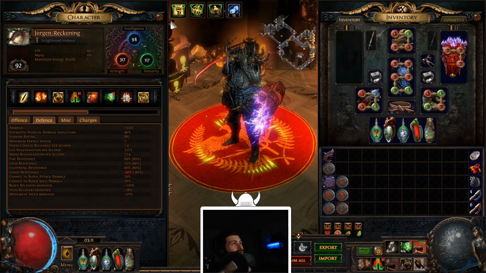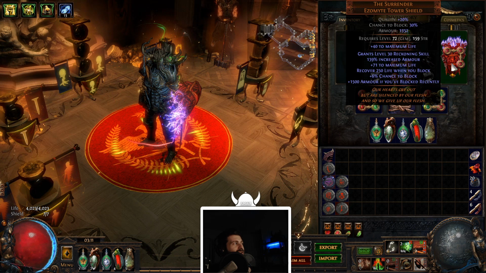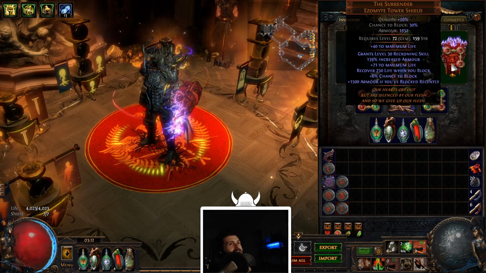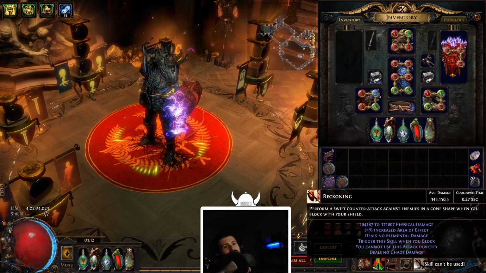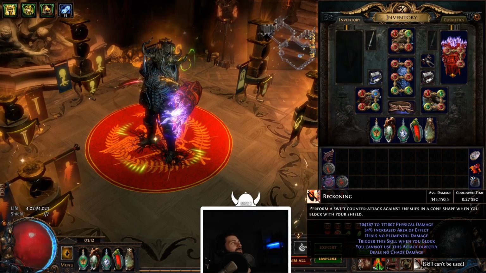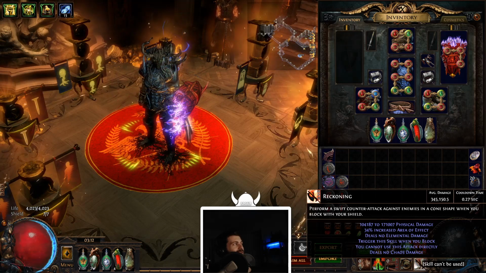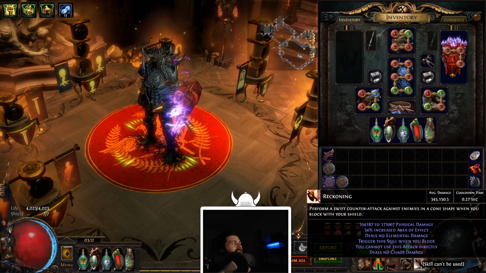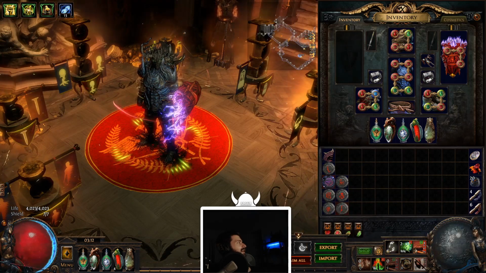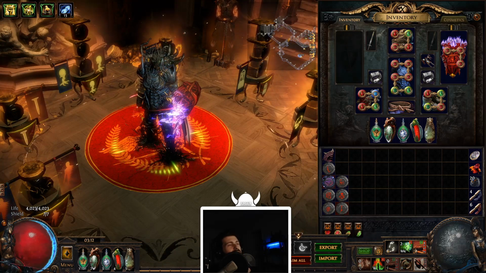I should probably also add that our Reckoning triggers have a cooldown reduction of 50%. So essentially our Reckoning is triggering a ridiculous amount of times. It's on a 0.27 second cooldown, which basically means I'm constantly blocking everything. Now the DPS that I've clocked so far is Reckoning hitting at 1.5 million Shaper DPS,